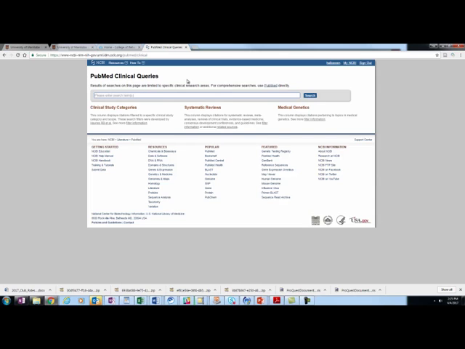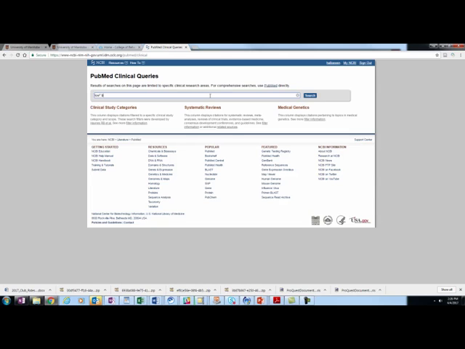So what we're doing here, it sort of looks like our regular search page, but it is actually pushing it through a filter, and it's pre-created some filters in here for us. I know that sometimes putting wildcards within quotation marks doesn't necessarily work so well in PubMed, in this particular database. So I'm going to change the search up a little bit,